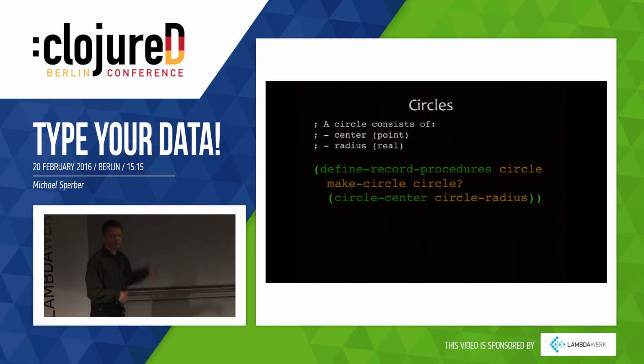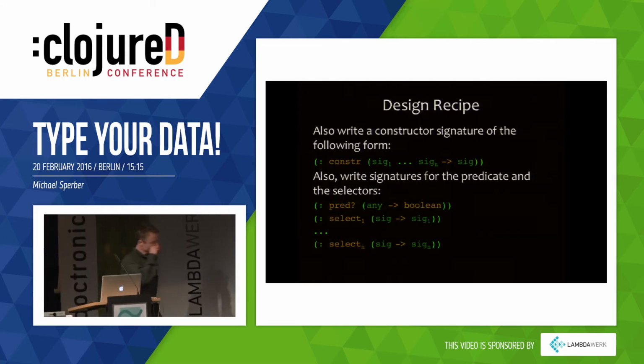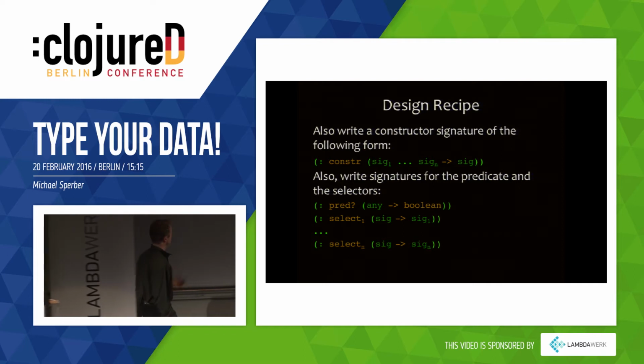And then we have two selectors or getter functions corresponding to the fields of the record. So there's circle-center and circle-radius. Is that reasonably clear? You all do parentheses? OK. Great. Also, and I think that's hopefully going to make it even clearer, you can write